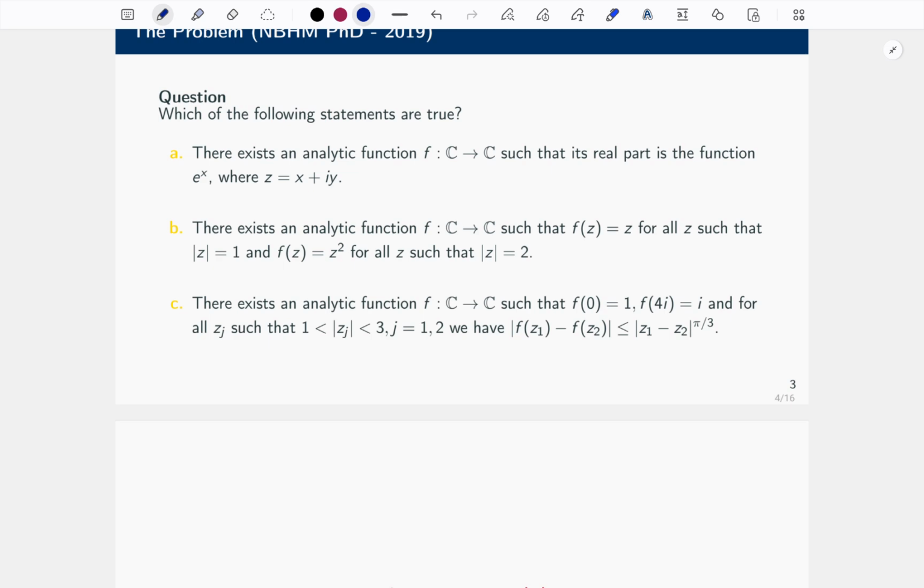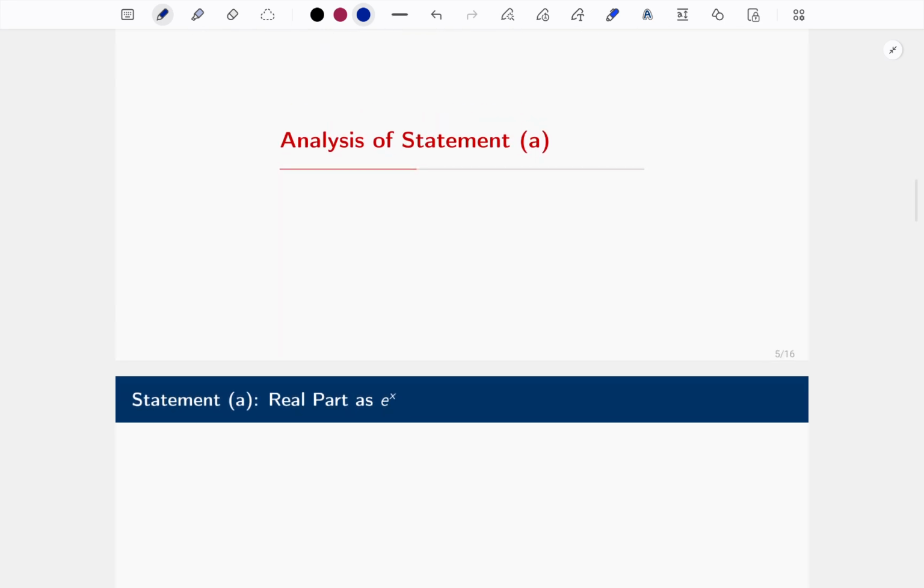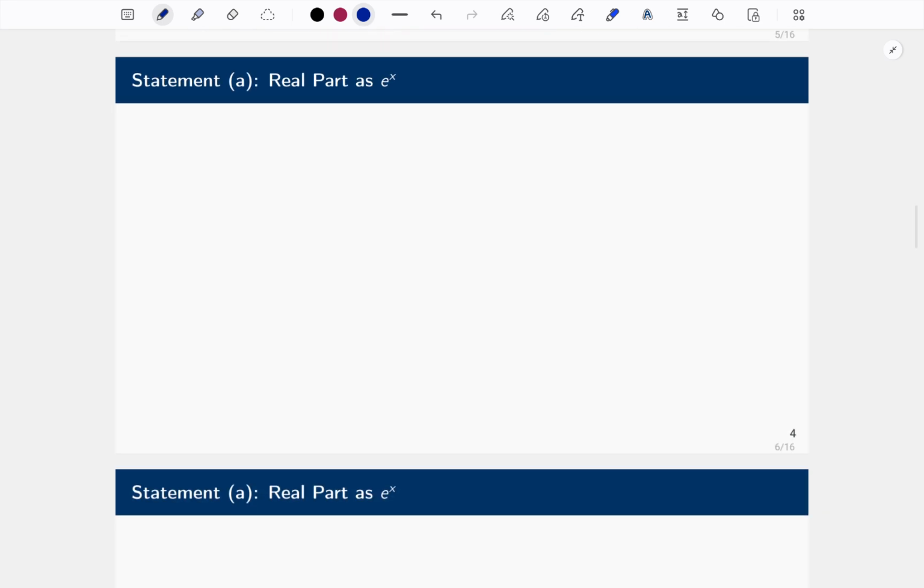Let's try and analyze each of the statements. So this is the analysis of statement 1. We are given a function f from C to C, which is analytic, and the real part of f is e to the power x. Now there is a very standard result in complex analysis which says that if f from some domain D to C is analytic,